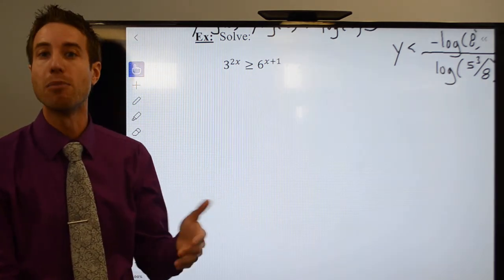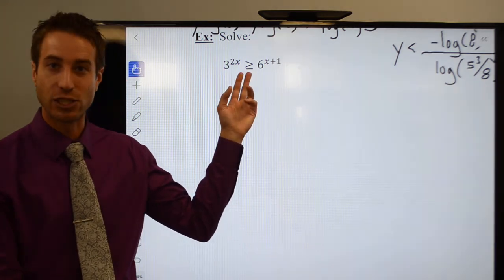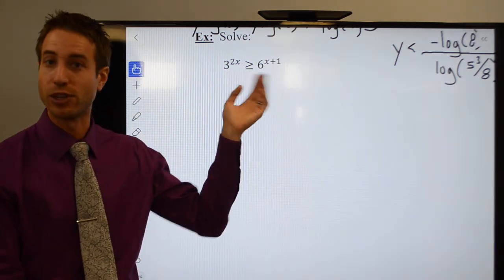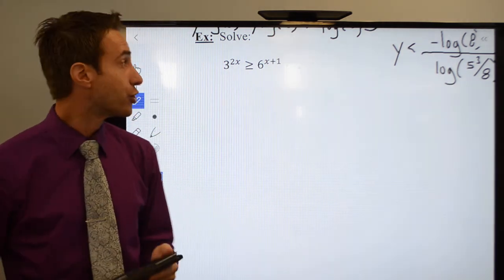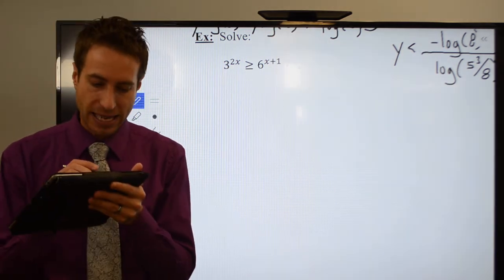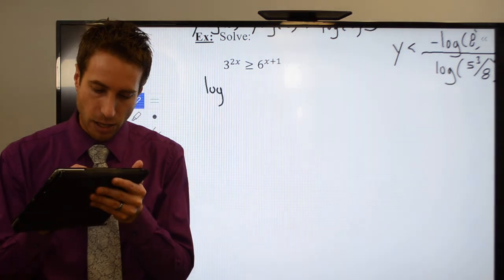So let's do one more. Hopefully by the time you get to the end of this one, you may even have gone on and done this one yourself and are just coming back to check your answer. That's fantastic. There's no way to rewrite 3 and 6 so it's the same base, so we take the log of both sides. Common log of both sides,